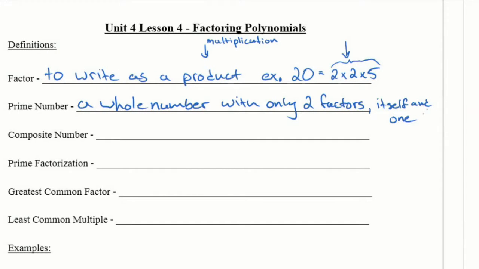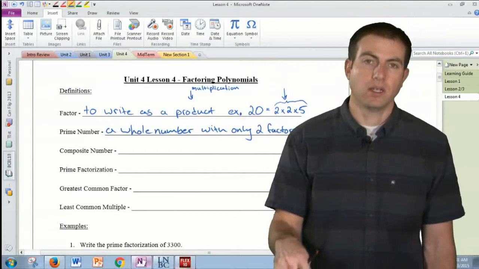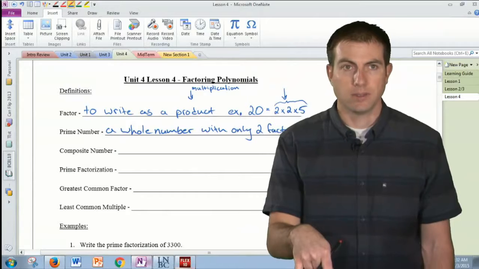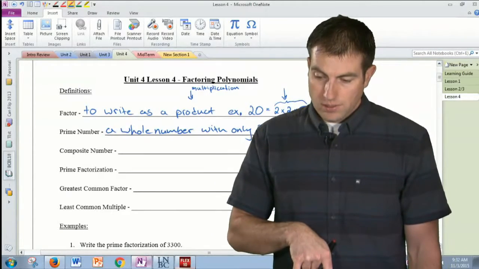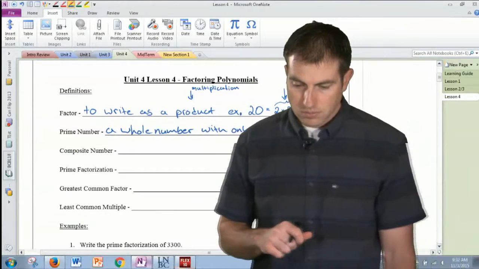1, 2, 3, 5, 7, 13, those are the ones you included. Coincidentally, 2 is the only even prime number. All other primes are odd. Kind of an interesting little math thing. So there you go. Composite number